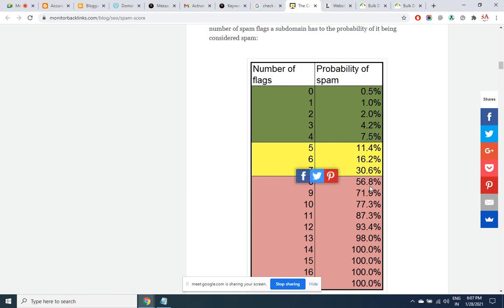So this was the probability of the scam. Till 7, no issues, but I say it has to be less than 3.